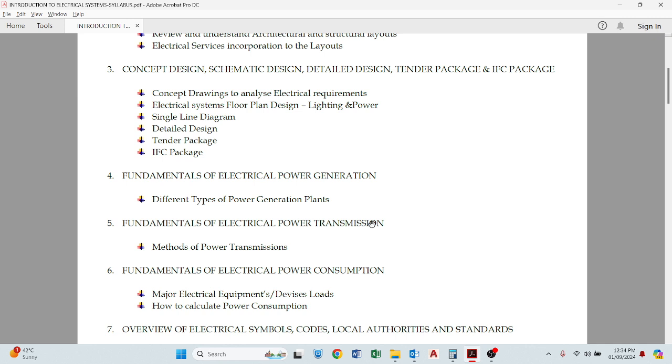Then there will be session 6 for the consumption, the load detail. What are the equipment loads in the electrical system? Normally in a building, what are the major equipment and loads? And we will give an idea of the appliances, how much consumption there will be for each appliance. What are the major loads, like chillers, water heaters, motors, and what will be the load, what is the criteria for the authority, this type of thing, the consumption angle we will discuss in session